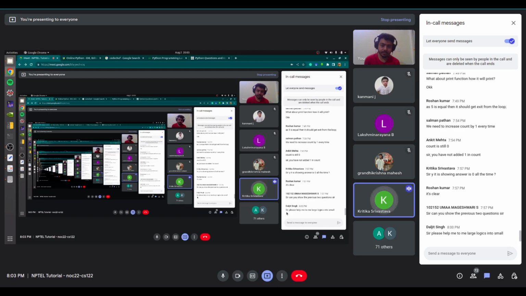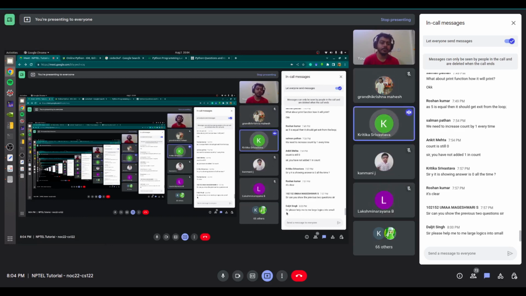Yes. So on that, you see it shows 0 all the time, which means it is starting from 0. So it takes 0 to 11 in the count. Yes. So it should print 5 into 1 is equal to 5, 5 into 2 is equal to 10, and likewise, right? Yes, it depends on what you want to print. If you want to start from 1, 2, 3, 4, you can do that. I did it from 0, so 5 times 0 is 0, 5 times 1, so that's why it's 11 times.